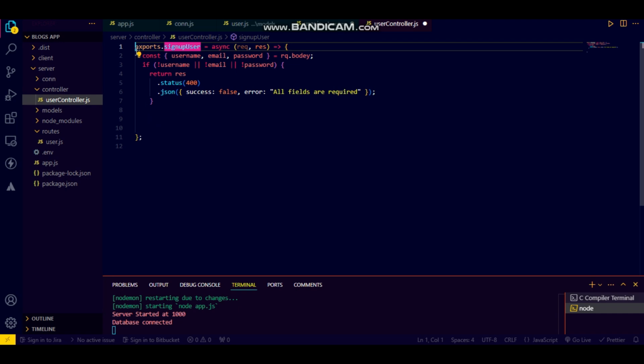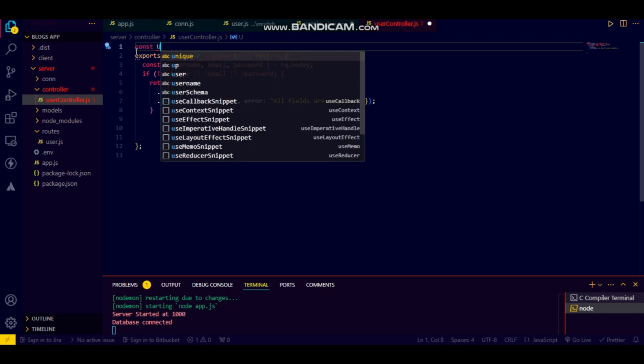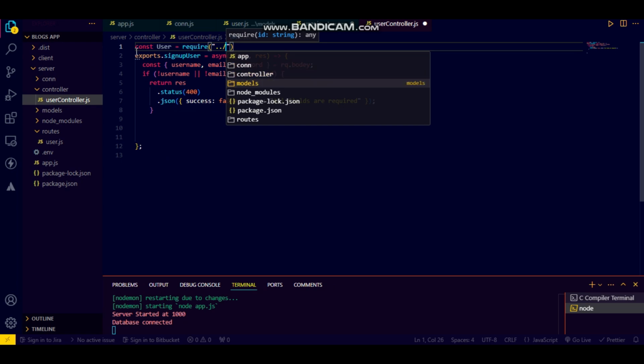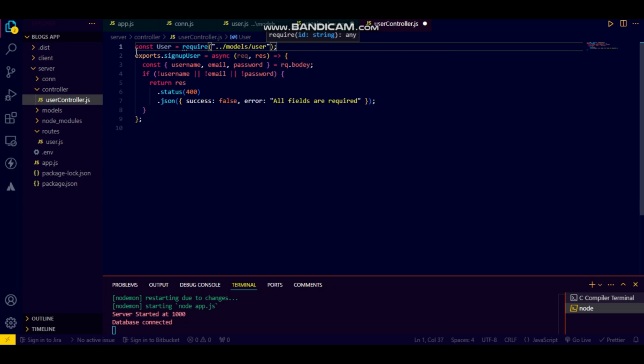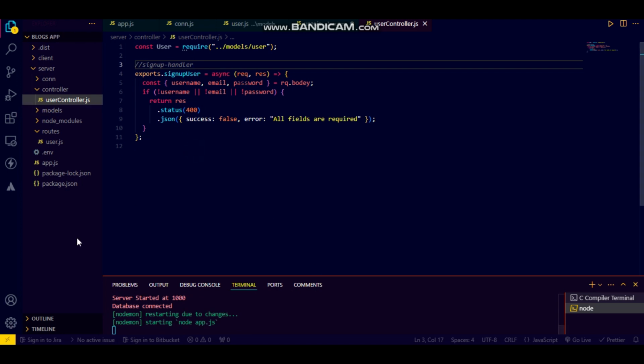First of all, I want to require my user model. User is equal to require, and I need to go into models/user, because we have just created one user right now. So the signup handler is here, in the controller, and that is fine. And afterwards, okay,